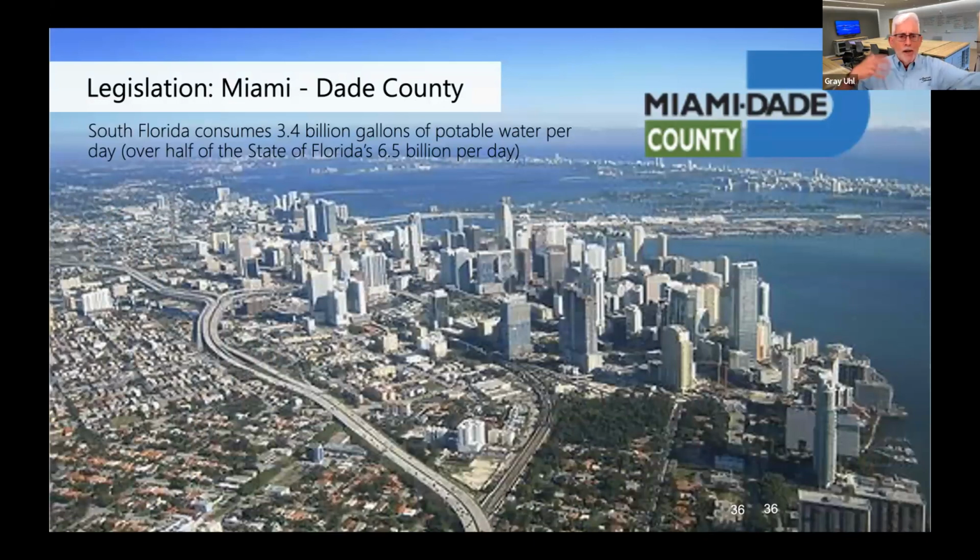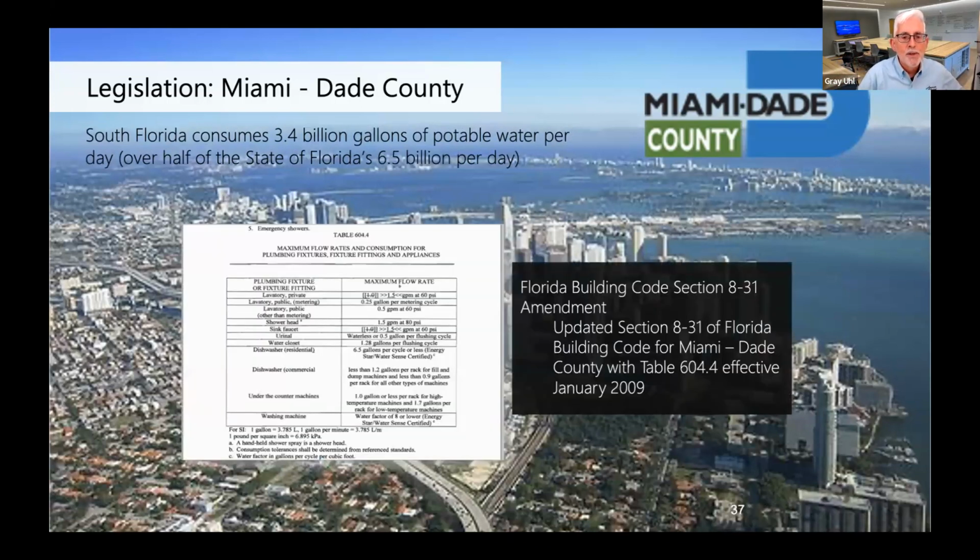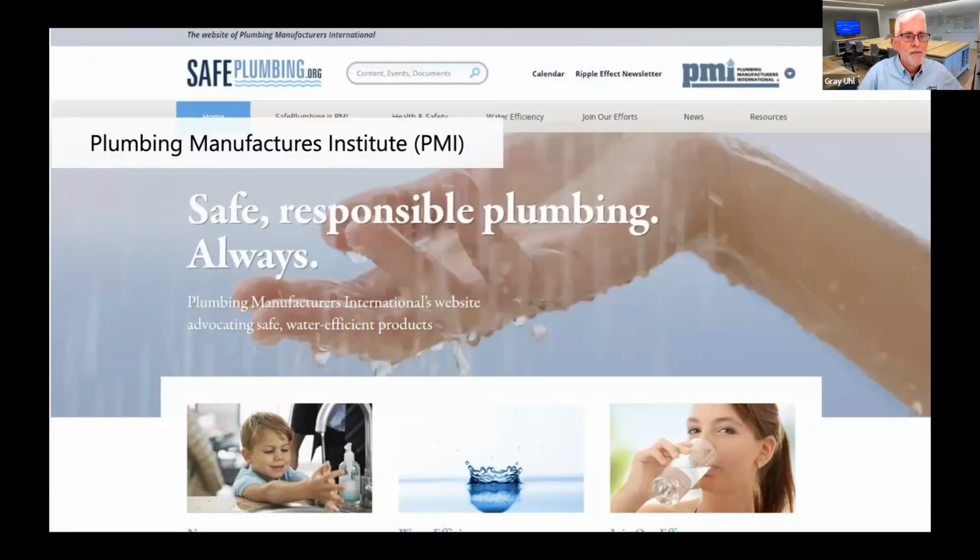Miami, Florida again has water issues, either too much or not enough, depending on how things are changing at the moment. But Dade County is Miami. South Florida consumes 3.4 billion gallons of potable water per day. And so there are effective things in place in Florida in an attempt to reduce that. Florida building codes have been updated and are working to make sure that any remodeling or new construction uses energy efficient products. So I share with you my opinion, the plumbing industry is doing a good job, but please,